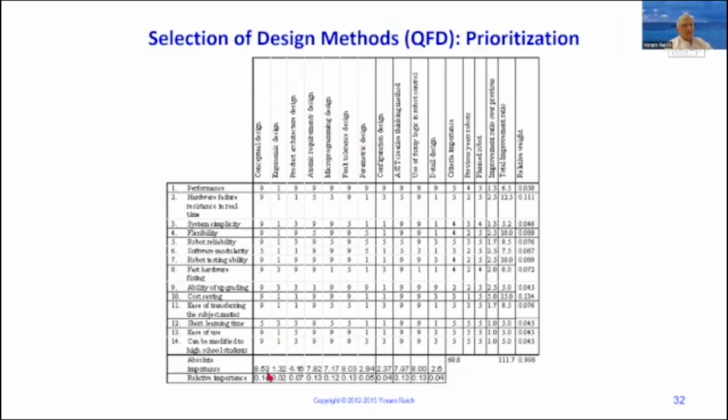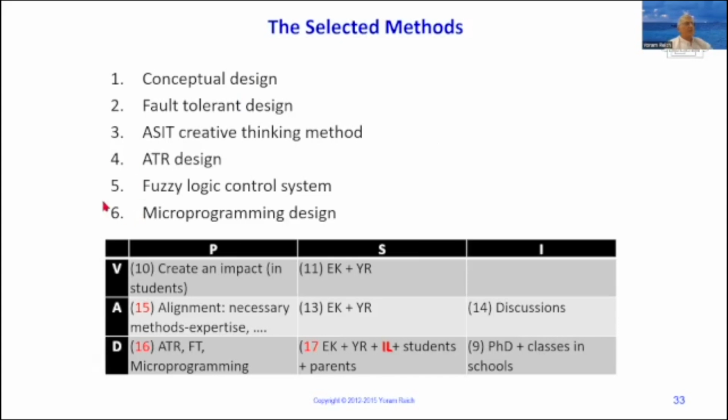The things that got very little ranking didn't get in. For example, ergonomic design was not so relevant for us as a robotics course. And we didn't think detailed design was important, although clearly it's an important topic, it didn't present much opportunity to address the issues that we raised. So the methods that we selected to concentrate on were these 6 methods.